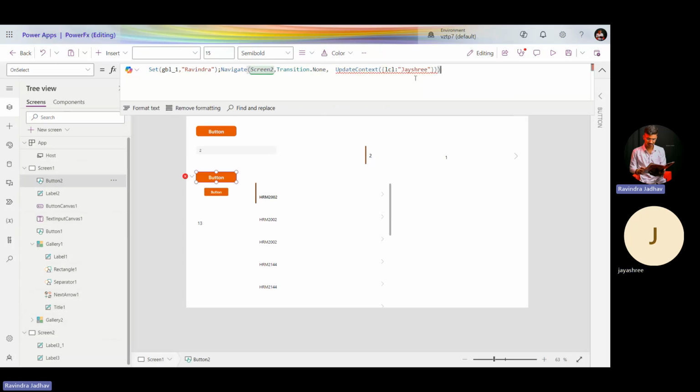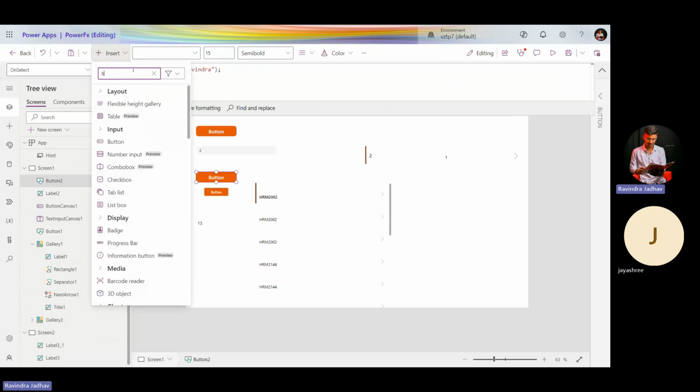Close this. Value instead. Let's use the